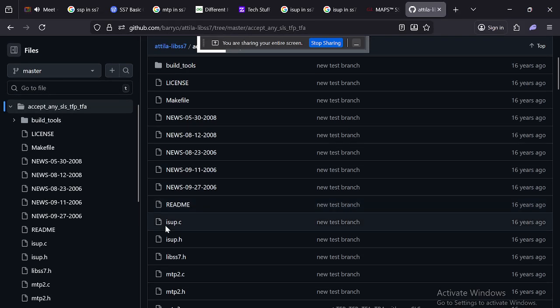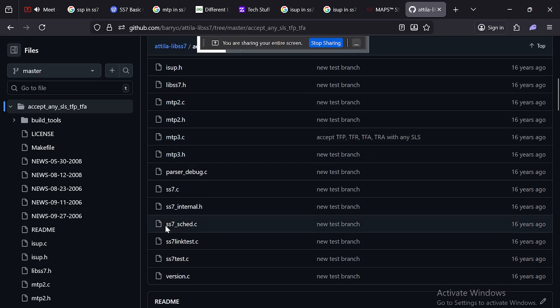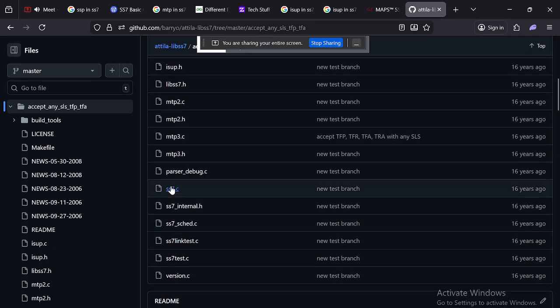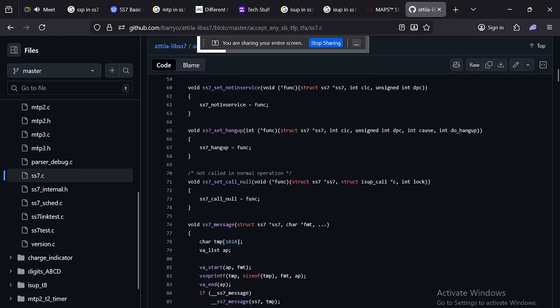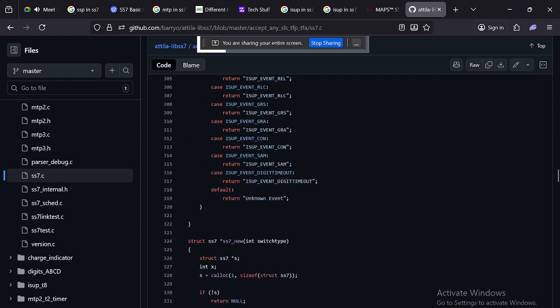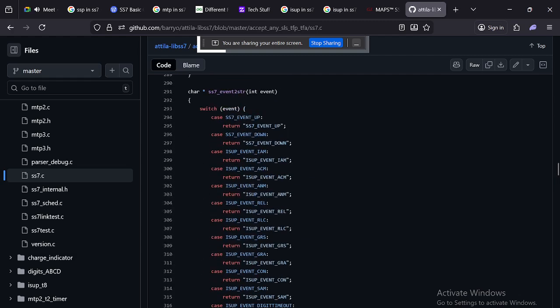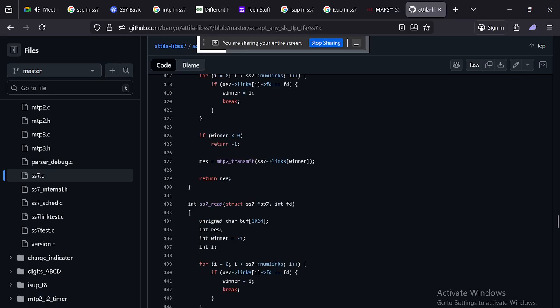Yes, current vulnerabilities are already exposed. This is in the C language. You just need to run this one and try to test it. What you have written, ISUP event acknowledgement, number up or down, IAM, ANM number, everything will be available from here.